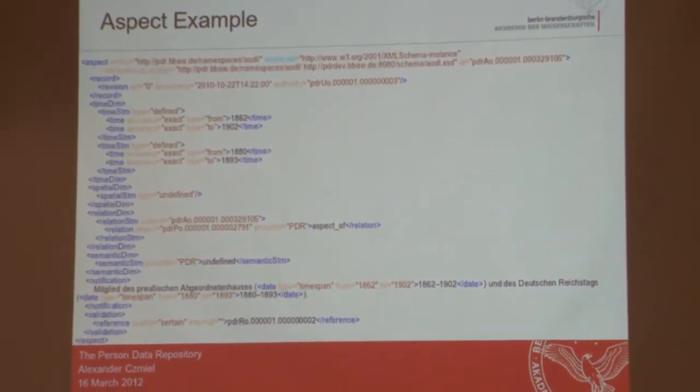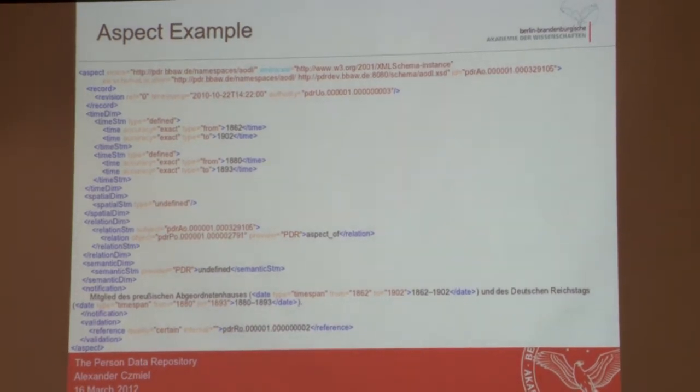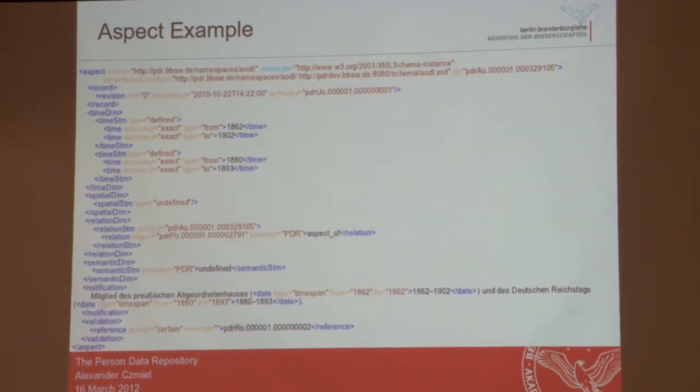So the actual information is in the lower part of this document, in the notification element. There you have the string, how it comes directly from the source. And this string you can annotate with further markup, further annotation, which is aligned at a TEI, but on a very flat level. We don't allow too much nesting at this point for processing reasons.